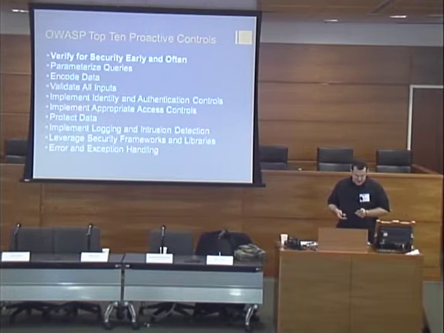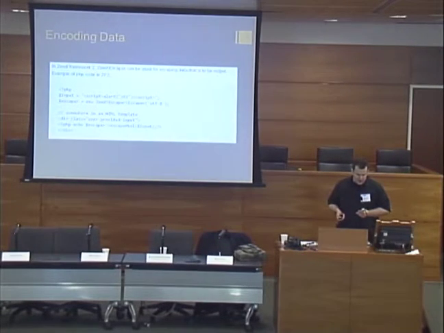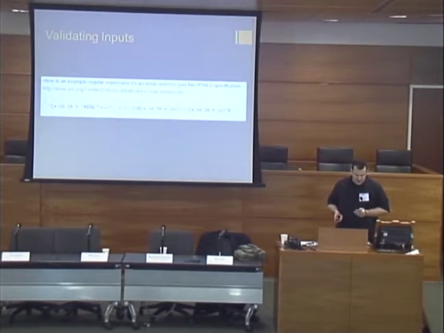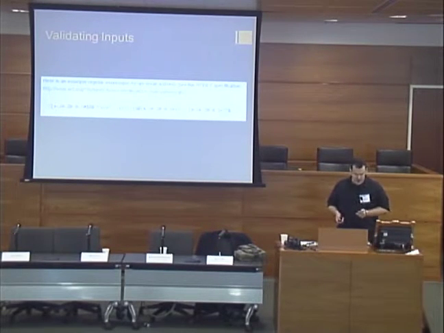So all these other ones are important as well, and I'll just briefly go through them. Parameterized queries help address SQL injection and are a major part of many security frameworks and can help prevent the theft of your production database and other data. Encoding attacks can help prevent a variety of attacks, especially injection. Validating inputs: any data which is directly entered or influenced by users should be treated as untrusted. An application should check that this data is valid before using it in any way.